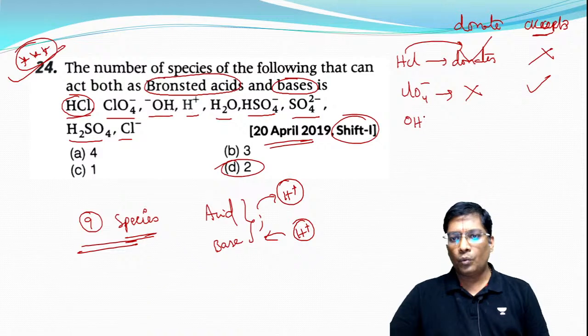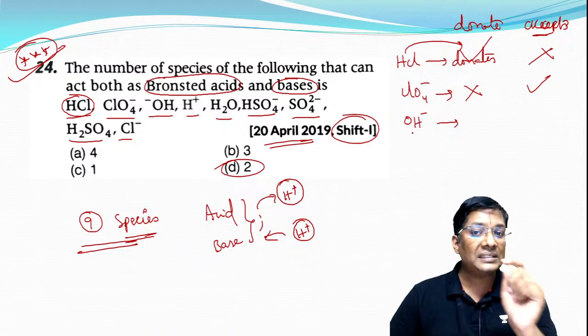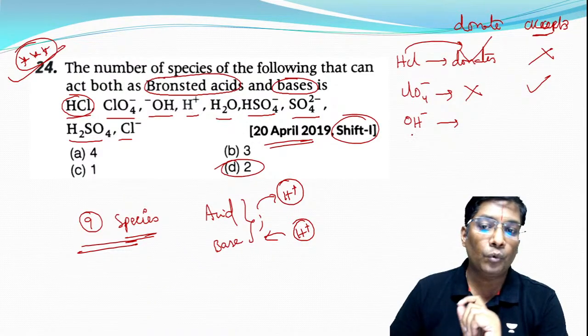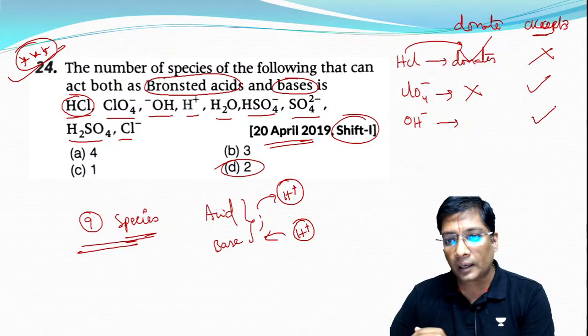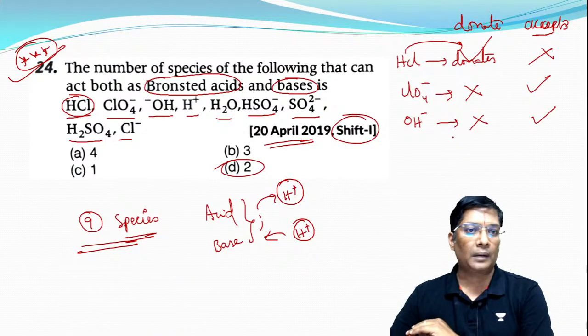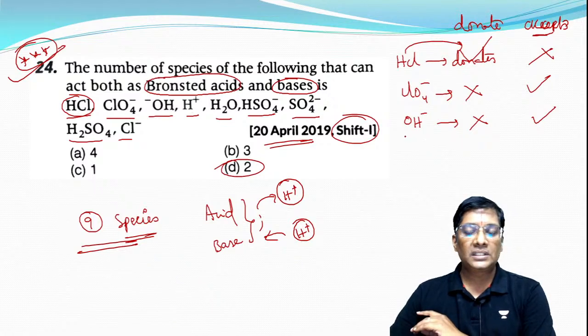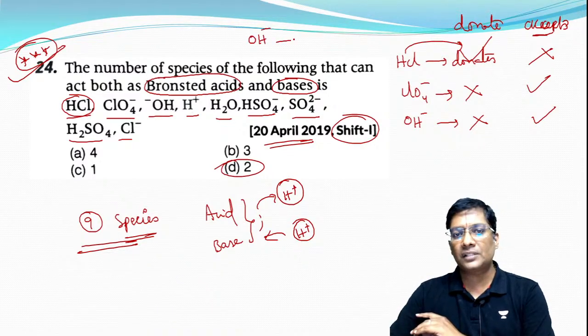In the same way, OH minus. So OH minus is having a clash. Look at OH minus very carefully. It can accept the proton, but it cannot donate the proton. Please remember this. Sir, you may have a doubt: in OH minus, suppose if the H plus proton is lost,